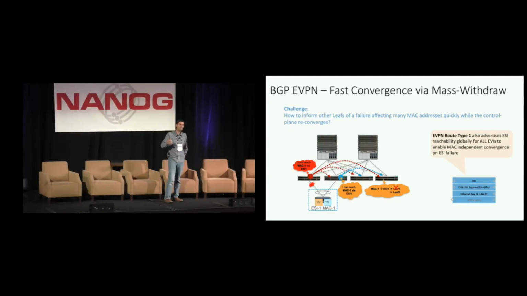So this is basically a single route that is signaling reachability to a given Ethernet segment across all the EVPN instances or EVPN overlays